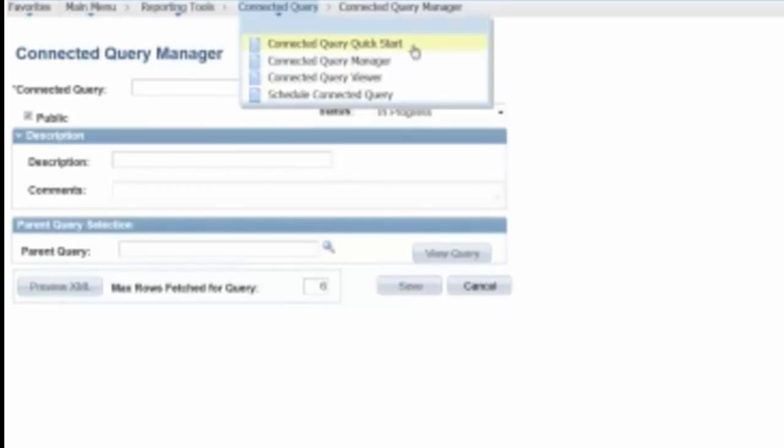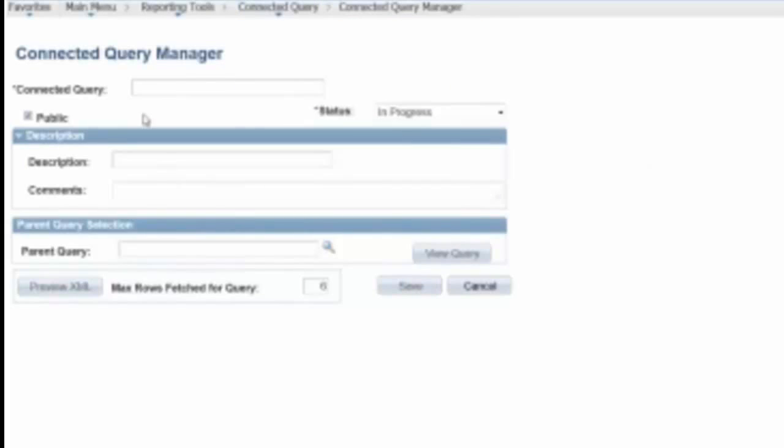It's a little bit oversimplified. It's a little wizard-style way of creating a connected query, but it only lets you have one parent-child relationship, and you can't do a whole lot with that. So I always go to the Connected Query Manager, and then what I can do is I can give it